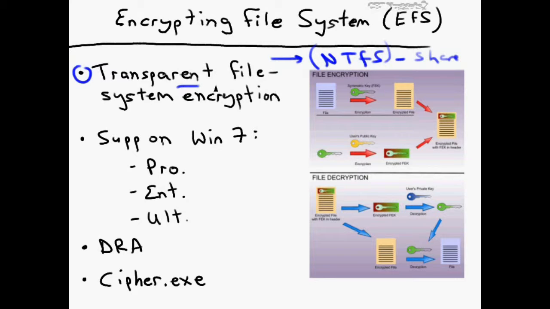So again, transparent means that the user doesn't need to know anything about encryption protocols. They don't need to know anything about public key infrastructure, PKI, public keys, private keys. They just access the properties of the file that they want to encrypt, check a box, and they're done. Windows hides or abstracts all of the technical details from the user, which is really a good thing, but also